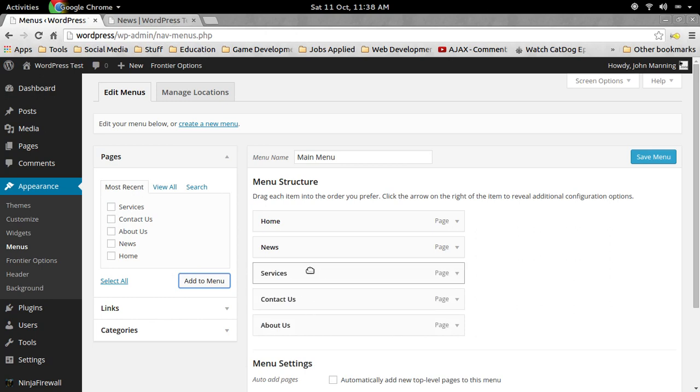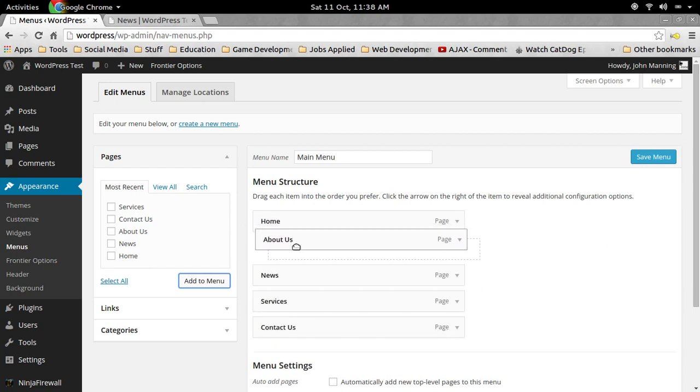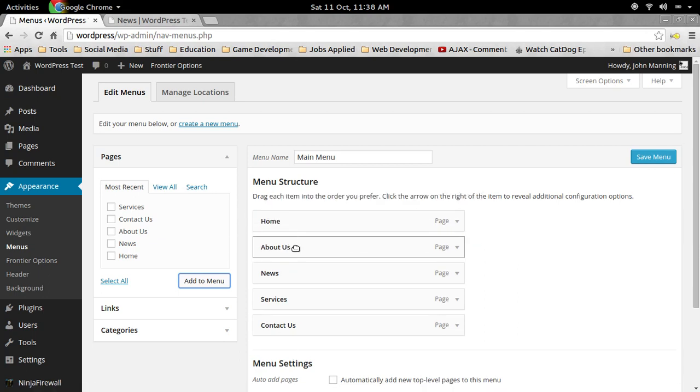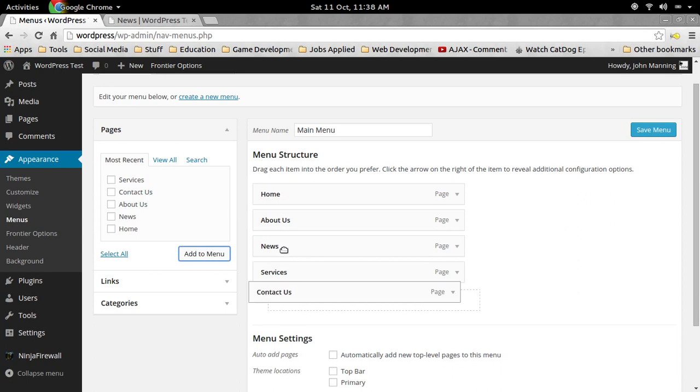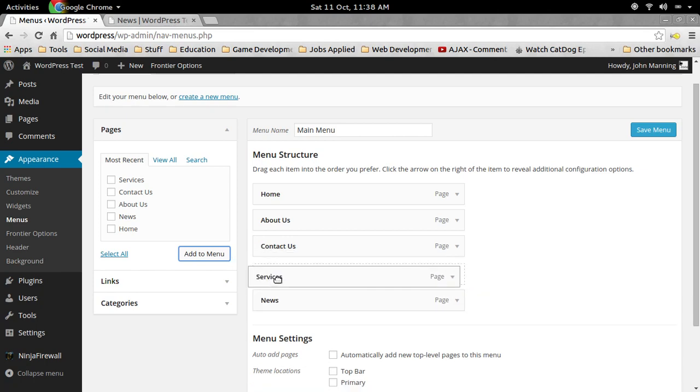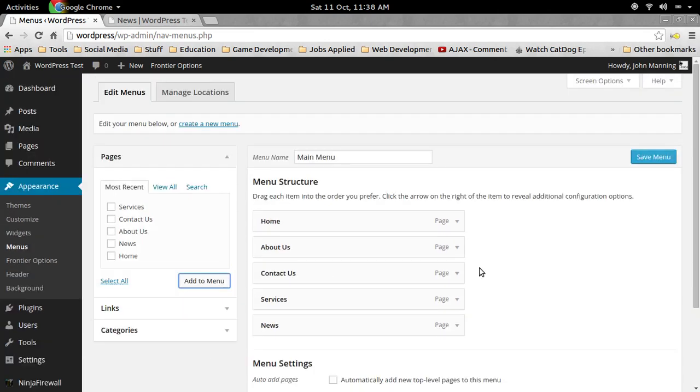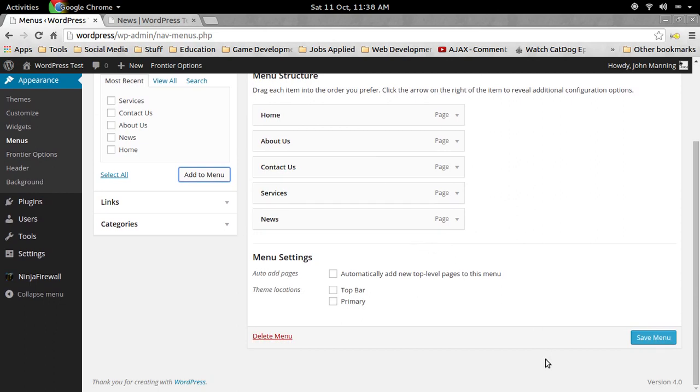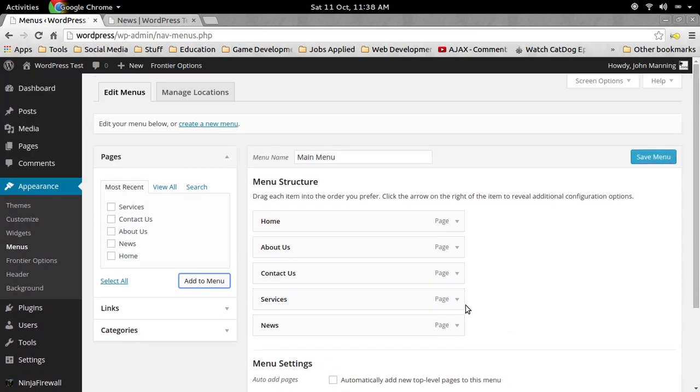And now we'll definitely want to organize this a little bit better. So we got home, news. We probably want to put the about us right after here. You got to make sure that you get it lined up right, and put the about us there, contact us right after the about us, and probably put services right here. Again, you can organize this however you want to, make whatever pages you want to. I'm just showing you how you would go about doing it. So we'll go ahead and save that menu out,